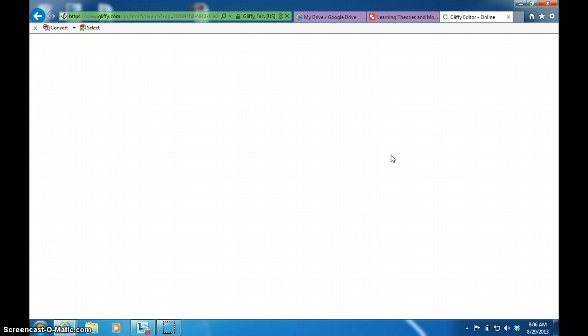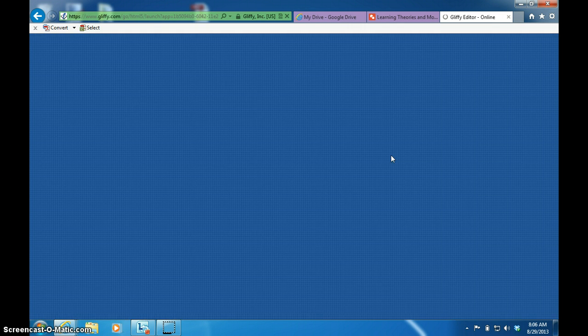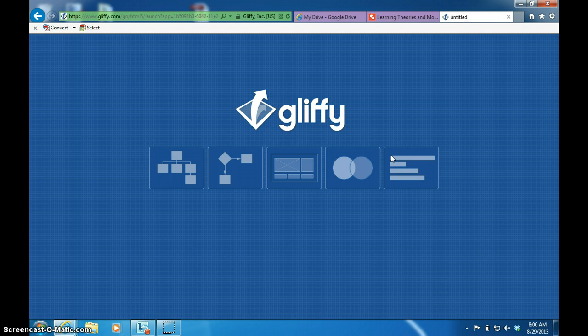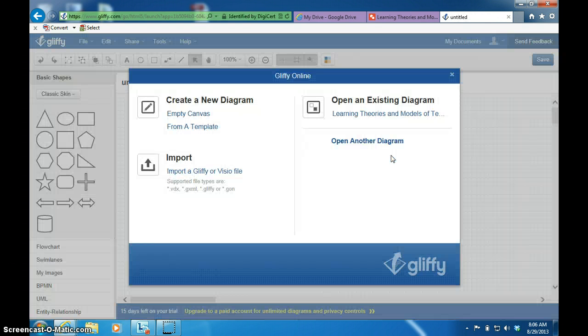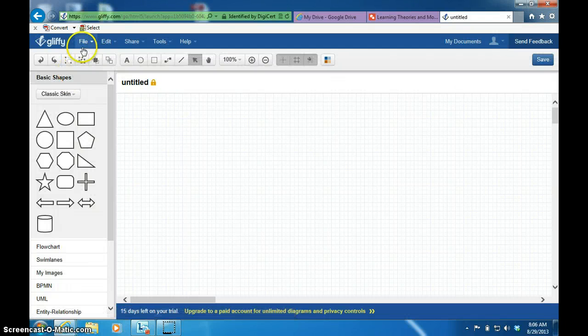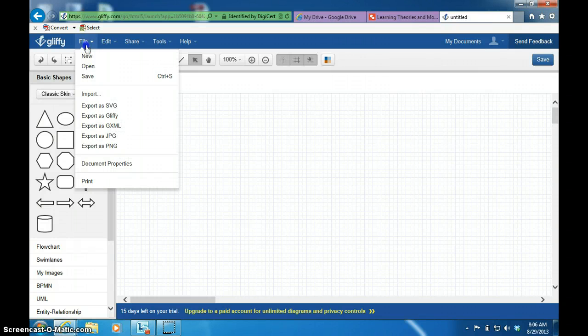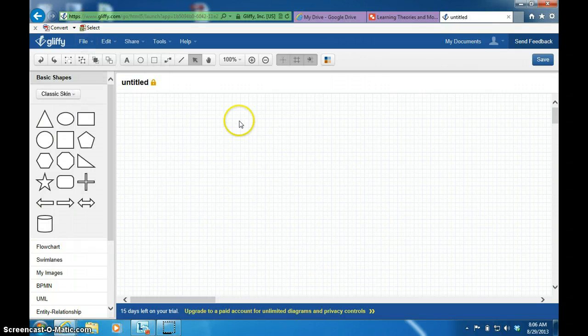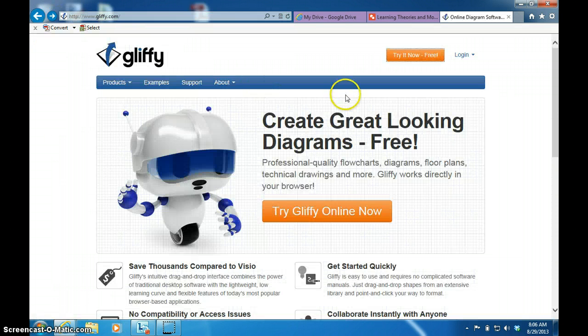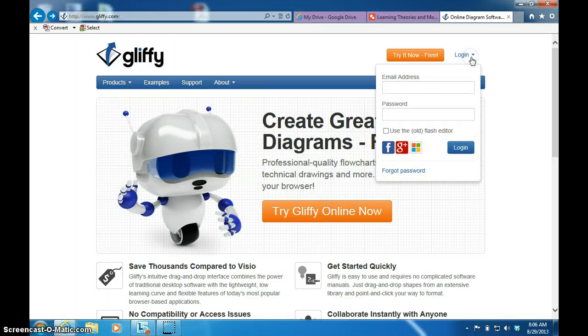And if you do that, that'll allow you to create a concept map, but you won't be able to share it or save it. You'll have to do something like print it out or take a screen grab of it, because you won't have the tools of sharing and saving. So if we go back to the main Glyphy screen, you can see that there's a login,